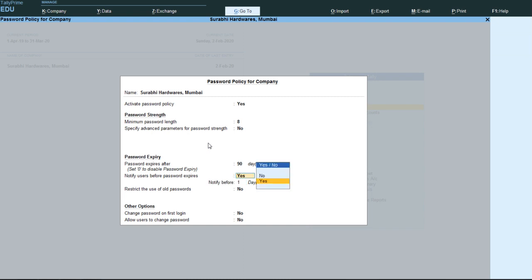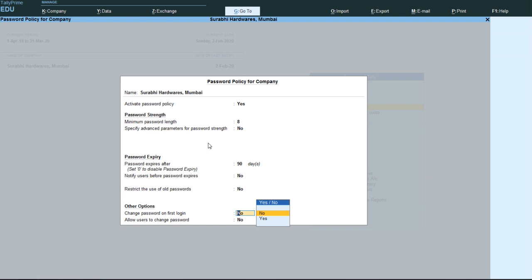So if the password is supposed to expire, we will come to know. Restrict the use of old password: if you want to restrict it, we can enable it. Another option is change password on first login.